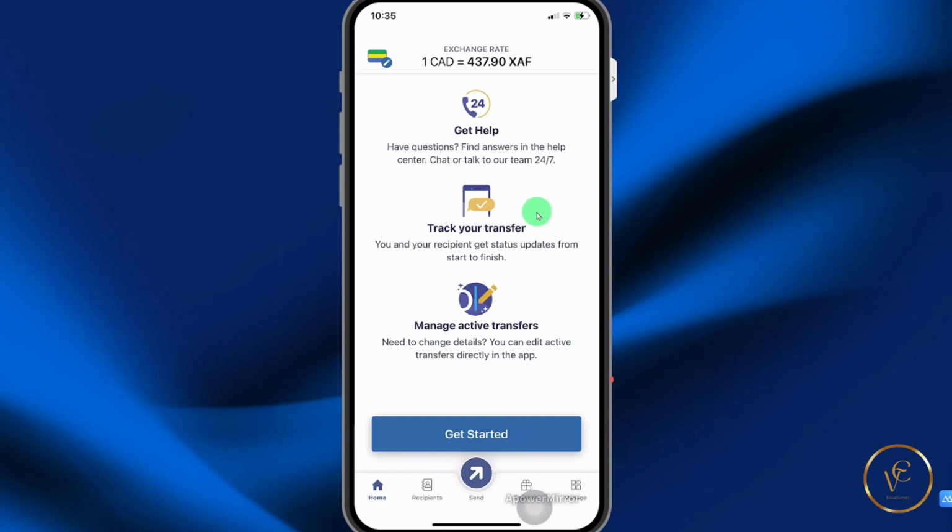In this video, I will be sharing with you how you can use Remitly mobile app to send money to